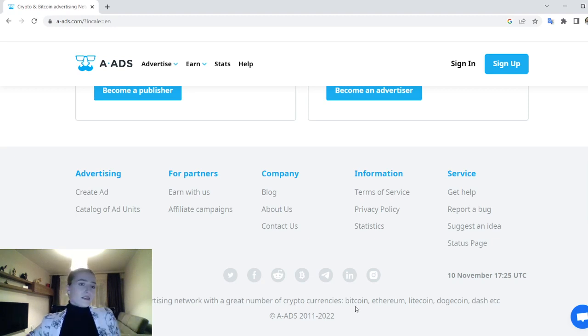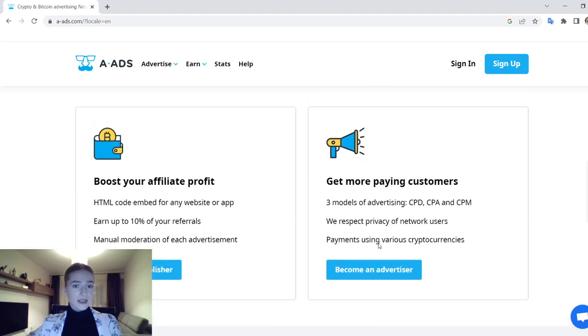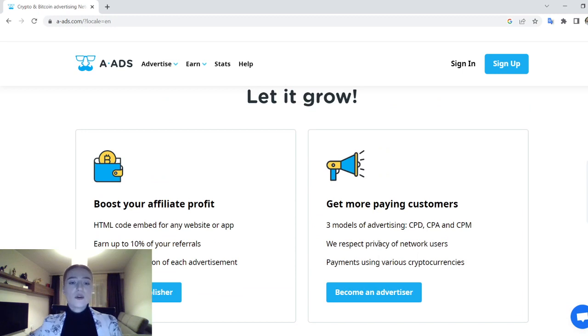Some pros about AAds. It's multilingual. Website is available in English, Russian, and Spanish. Apart from these languages, this network supports ads and traffic in more than 40 global languages.